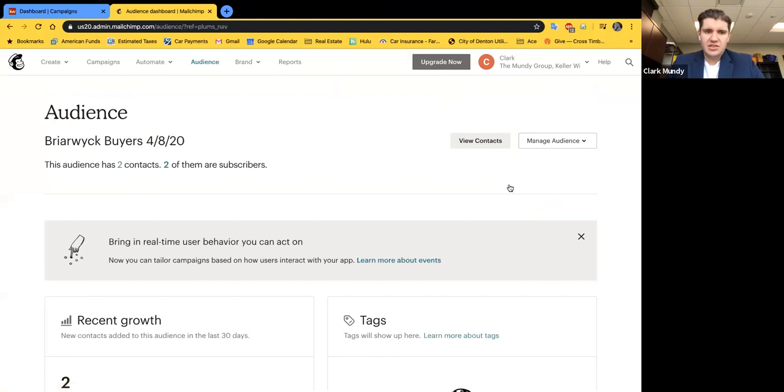So I'm going to go ahead and click up here on my name. And this is what the inside of Mailchimp looks like. So all your different functions up here. The number one thing you're going to want to do is go and click on audience up here though. Okay. And then you'll click, if you do have an audience, this one is the title of one that I